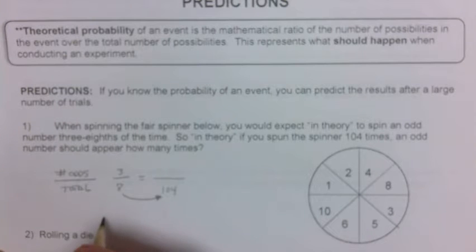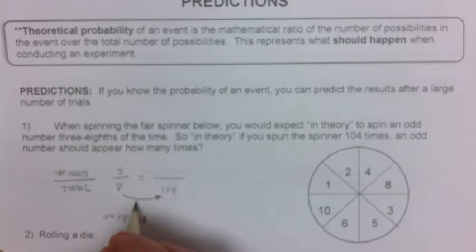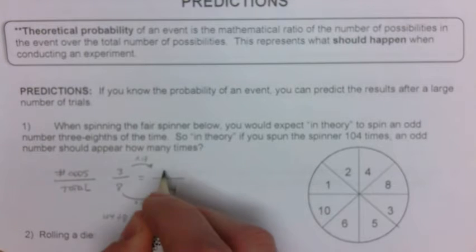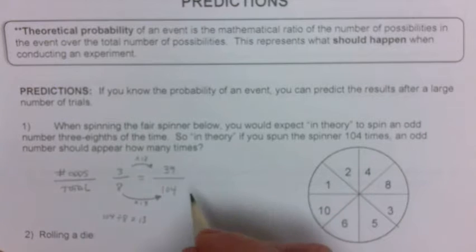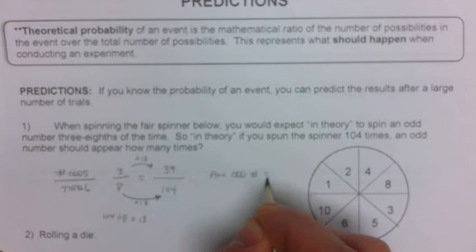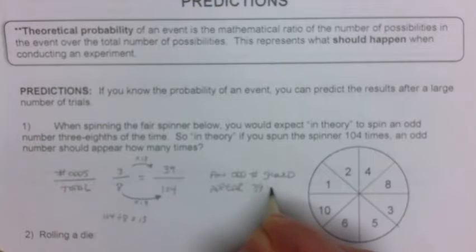Well, if you did a division, 104 divided by 8, that would give you an answer of 13. So to go from 8 to 104, you had to multiply by 13, which means we'll do the same thing in the numerator. 3 times 13 is equal to 39. So this means that an odd number should appear 39 times